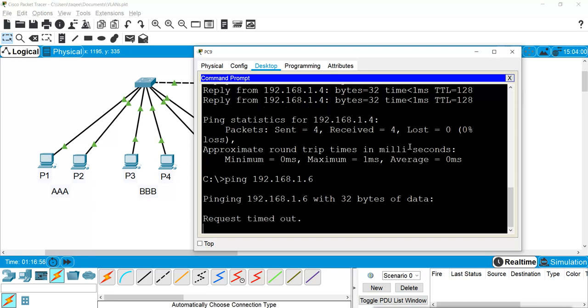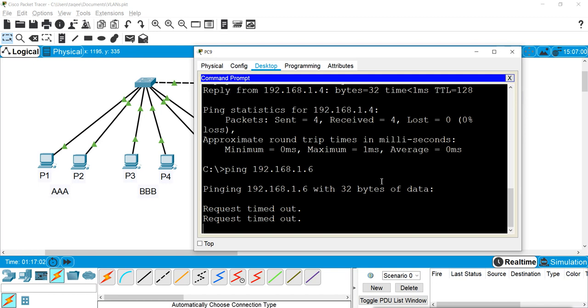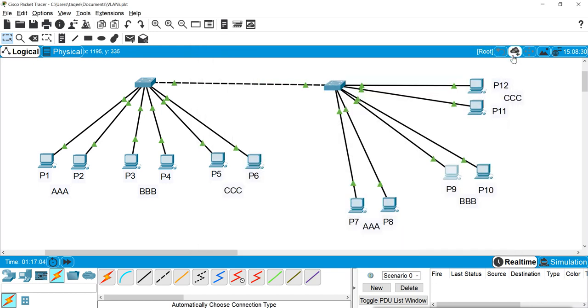So this is how we can scale the VLAN infrastructure from one switch to another switch by using the trunk port. By converting the port into a trunk link, we can scale our network and our VLANs from one switch to another switch. And this is called intra-VLAN communication. Why is it intra? Because it is same VLAN to same VLAN: VLAN A to A, B to B, C to C across the other switches. I can connect more switches and convert them into trunks, and then the VLANs can communicate with each other.